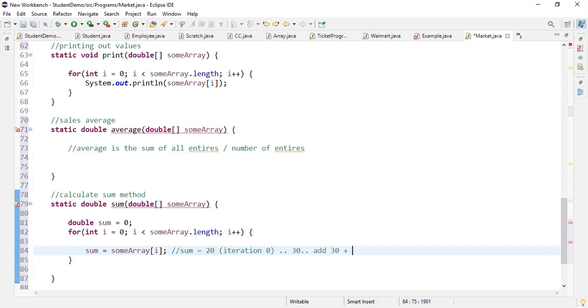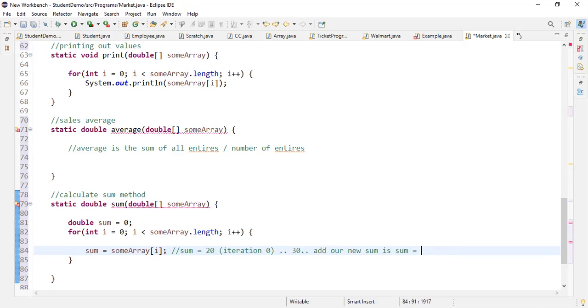Since we know sum stores 20, then 30 plus sum will be equal to 30 plus 20, which is 50. So we could say that our new sum is equal to sum plus